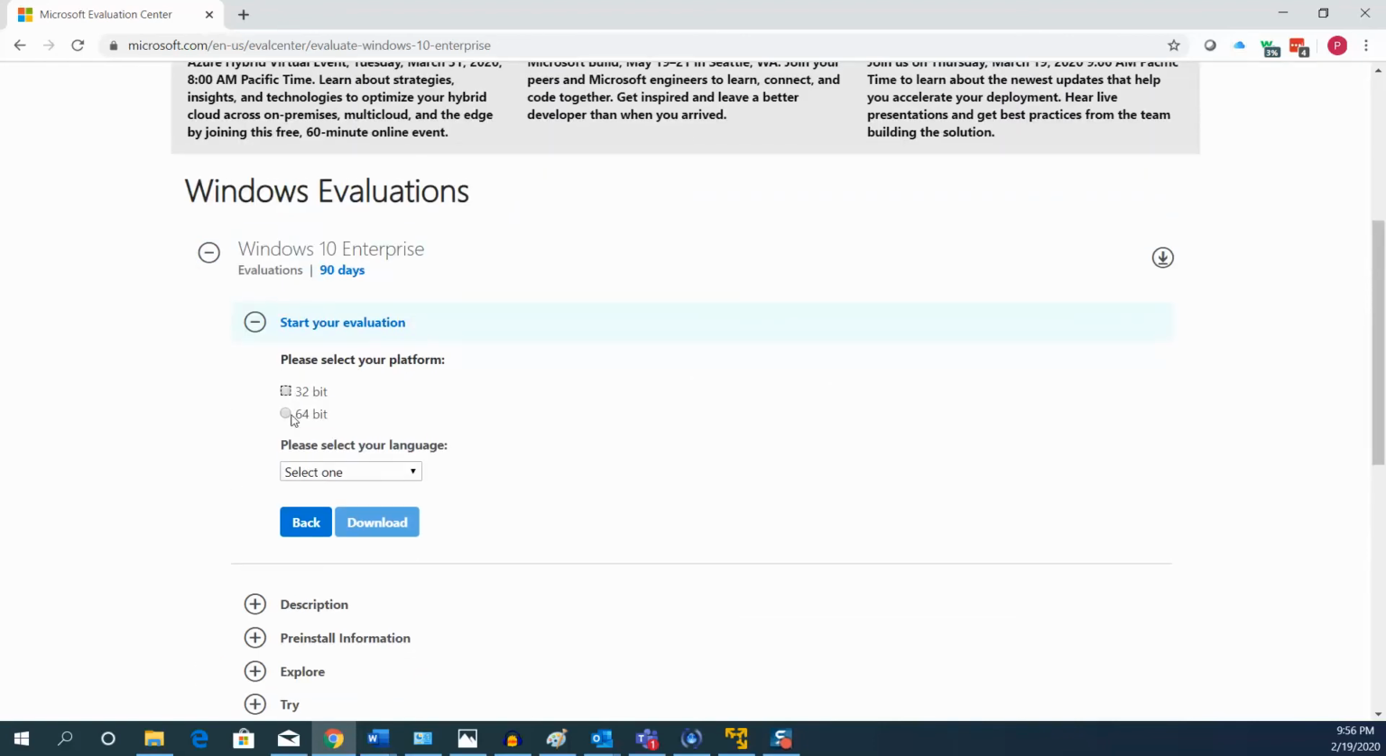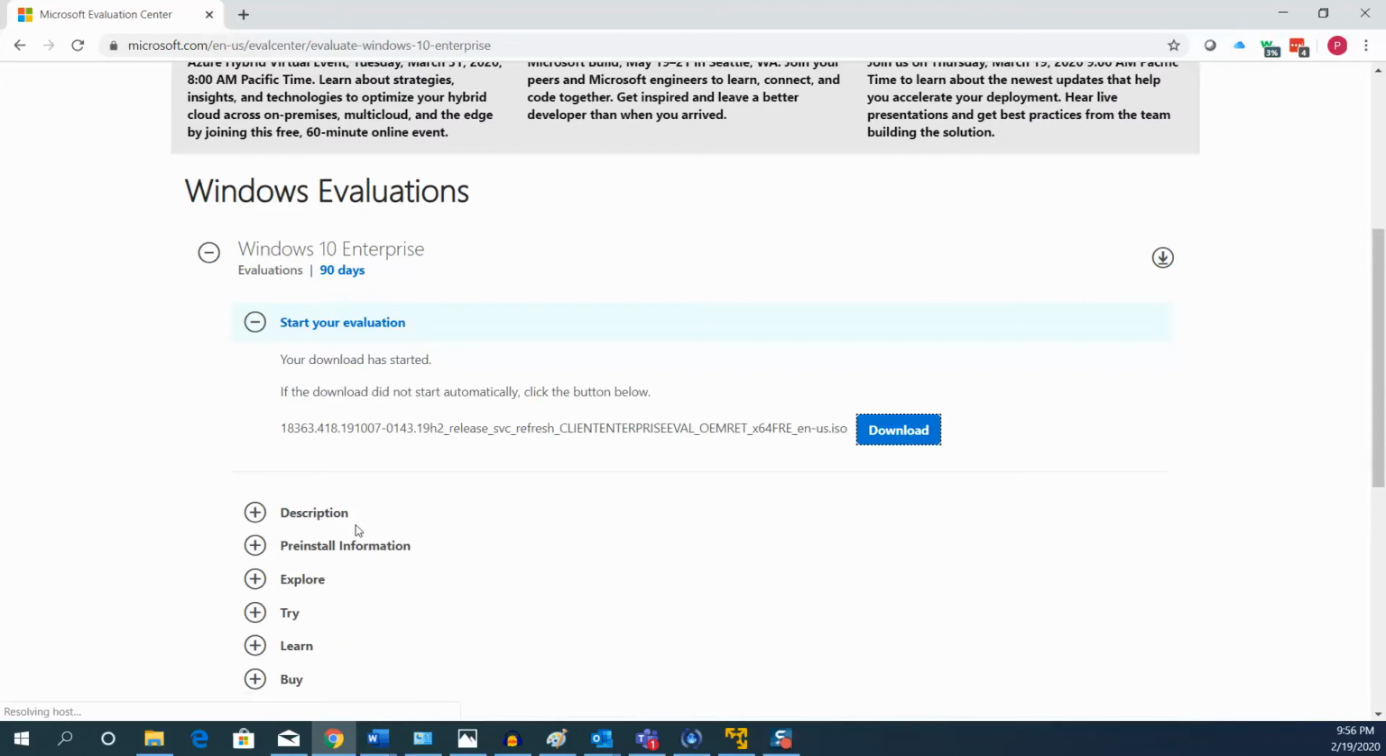We'll select the option for 64-bit. We want English. And we'll select Download. I already have this downloaded, so I'm just going to go ahead and cancel. One thing to note is that the license that comes with this free download is a 90-day trial. Your ISO file would have downloaded in your download folder,